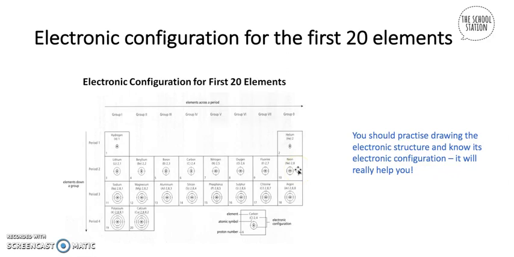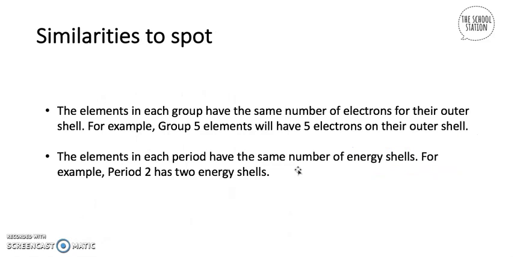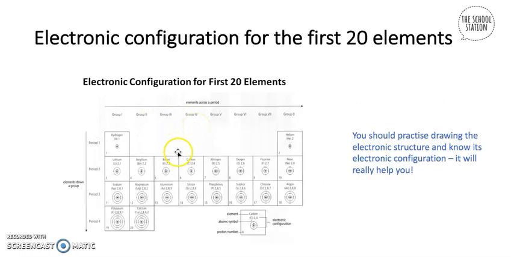Now that we've understood the periodic groups, we have to spot some similarities between the groups and periods and their electronic structure. If you see over here, the elements in each group have the same number of electrons in their outer shell. Let's look at group 4. In carbon, the electronic configuration is 2, 4, and for silicon, it's 2, 8, 4. Both carbon and silicon are in group 4, and they also have